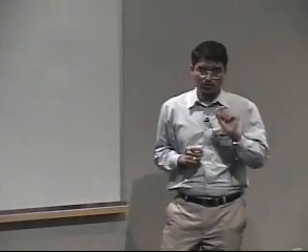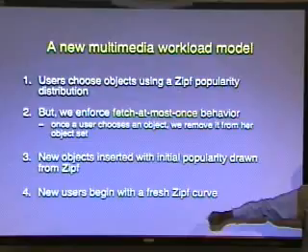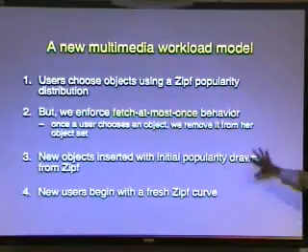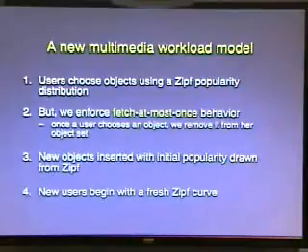Now, this model is based on a very simple, intuitive, but very powerful hypothesis. I'm going to assume, and I'm going to validate this assumption later, that I can explain why these multimedia workloads exhibit non-Zipf behavior starting with a Zipf distribution and by adding to it the fetch at most once behavior and new objects and new users. So this model has 4 simple components. First, I assume that users do in fact request these objects from an underlying Zipf distribution.